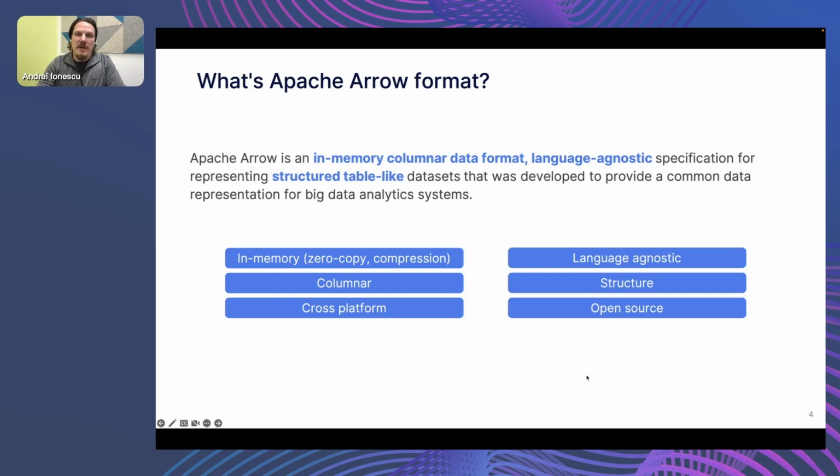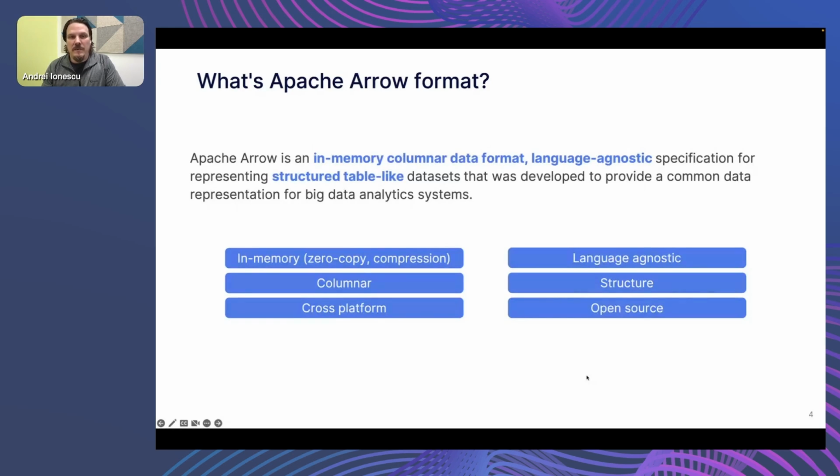Another very important benefit of the Apache Arrow format is its use of columnar storage. That is an efficient way of storing data in columns rather than in rows. This has several advantages for big data analytics, including faster data access and improved compression. By storing data in columns, Apache Arrow allows for more efficient data retrieval and analysis, which is critical for big